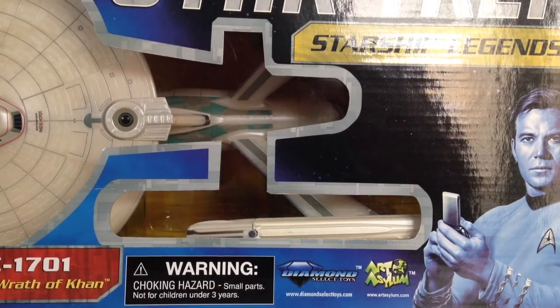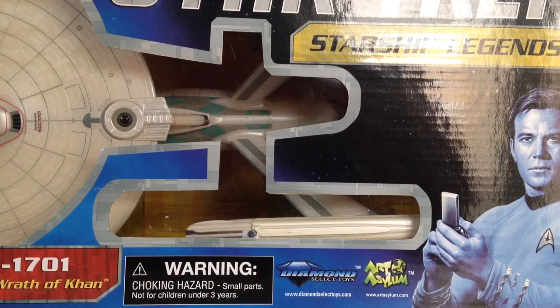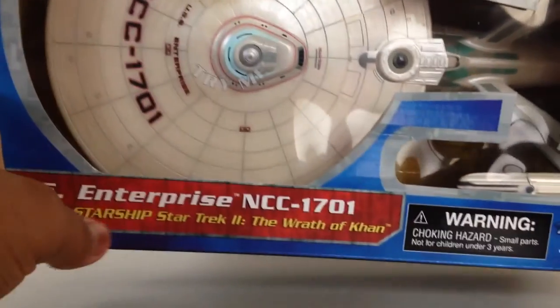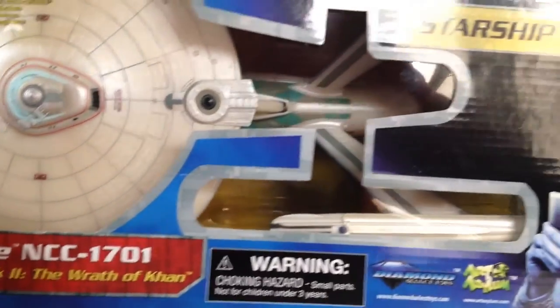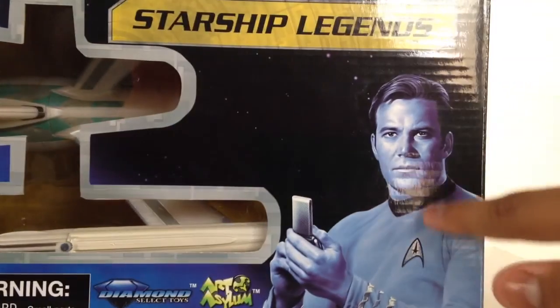Today I have the U.S.S. Enterprise NCC 1701 electronic starship from my favourite Star Trek film, Star Trek II, The Wrath of Khan. And here it is. Usual writing along the bottom here, what film it's from, the companies, Time is Left Not Asylum, that awesome concept